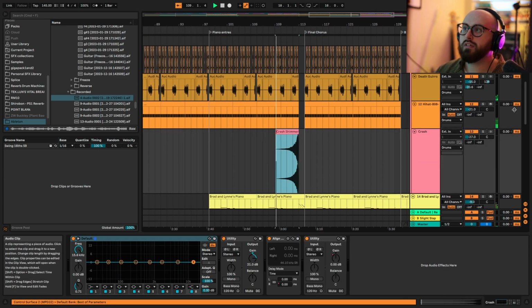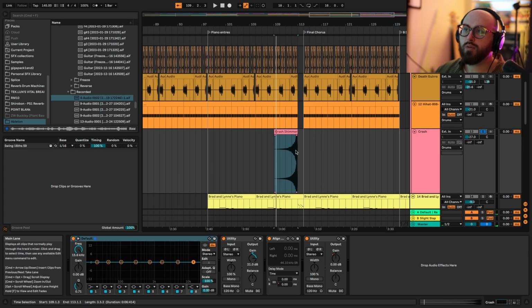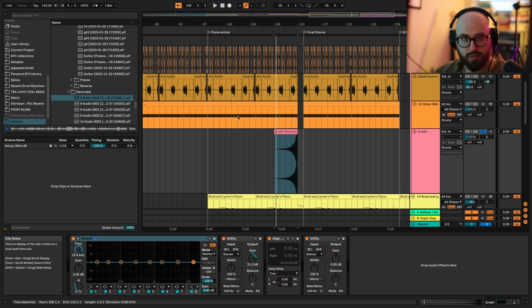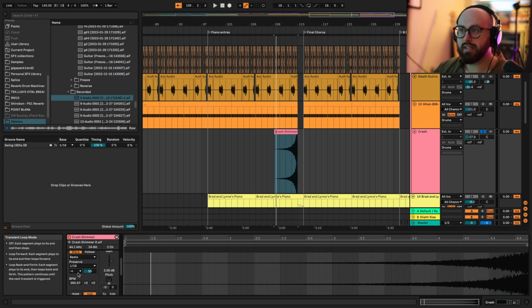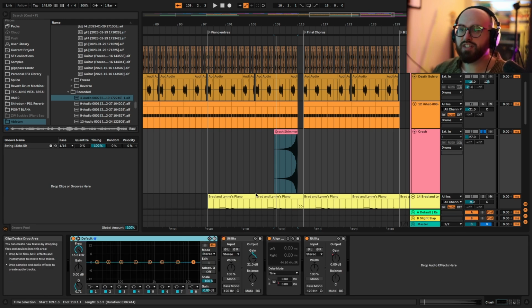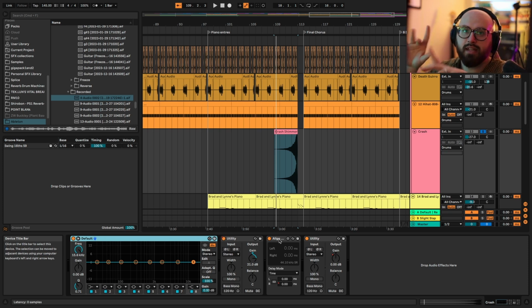I then also have that crash that has been pitch shifted downwards, returning. But in this instance, I am also using that Beats warp mode technique to shorten the envelope and create a stutter effect. And then in addition, I am coupling that with an instance of a line delay, which, if you're unfamiliar, just lets you detune the left channel from the right channel ever so slightly, and that creates a more enhanced sense of stereo width because it's taking advantage of an aspect of our